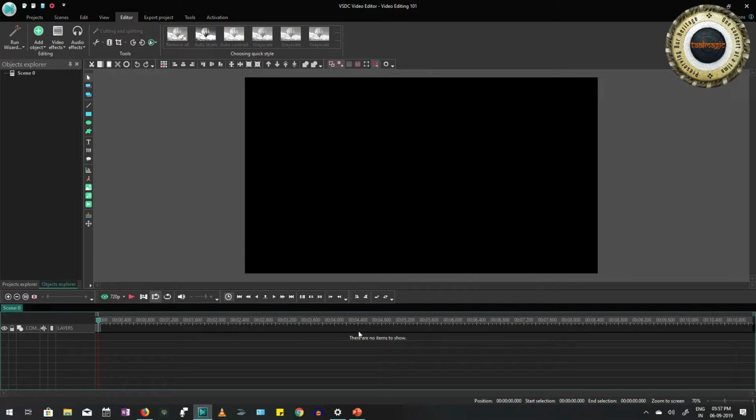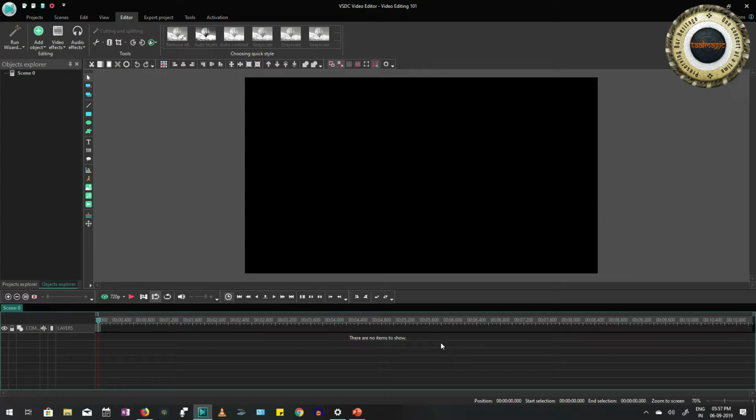At the bottom of the screen, you see this little timeline. This is the storyboard where your video will show up, and this is where you can scroll back and forth, and depending on what part of the video you are in, you can go on and edit that particular area and add effects